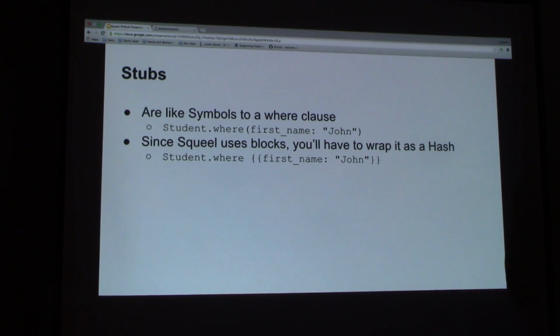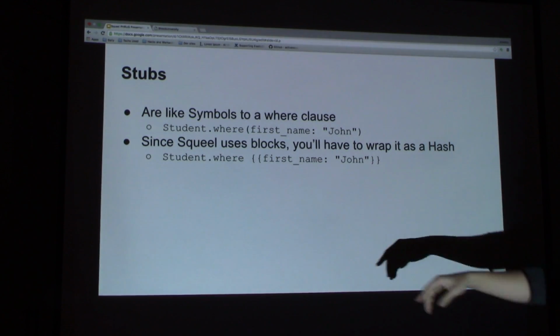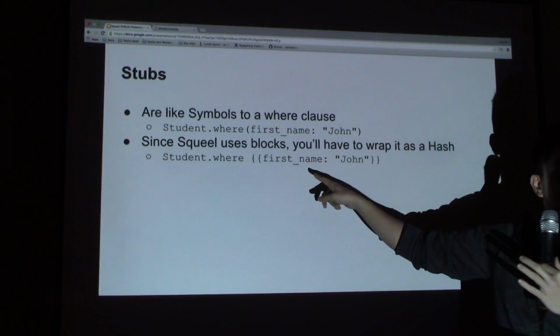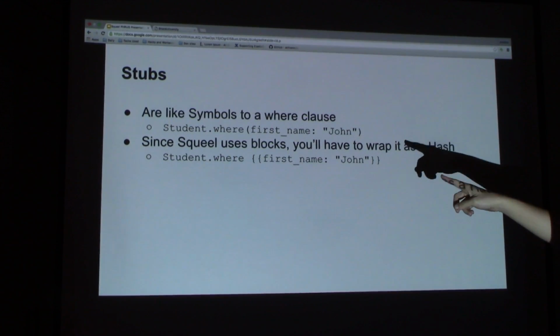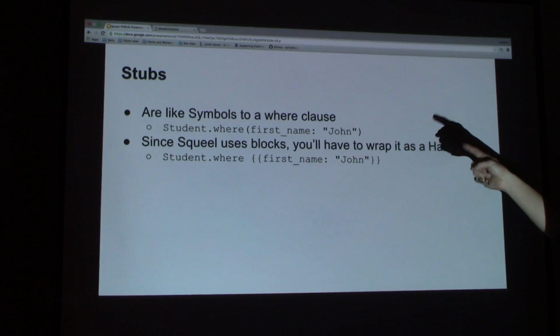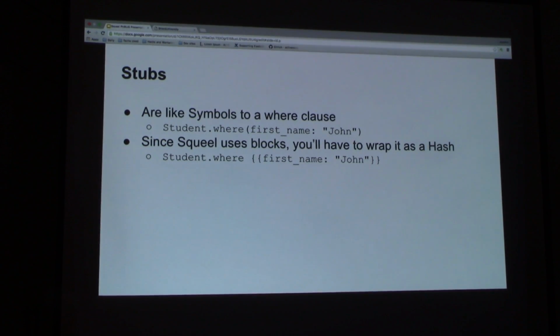So you have to encapsulate it inside a hash, which becomes like this. So this is your stub, okay? So this is your building block right now. So you can implement the same query with Squeel this way. However, people don't really do that because what's the point? The good thing about Squeel, you can combine method chaining of traditional active record and Squeel at the same time.